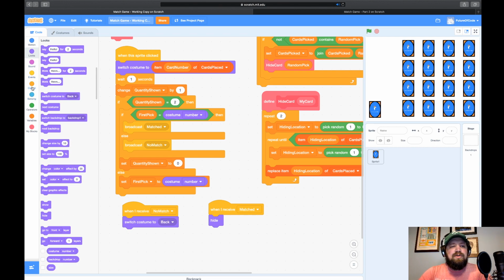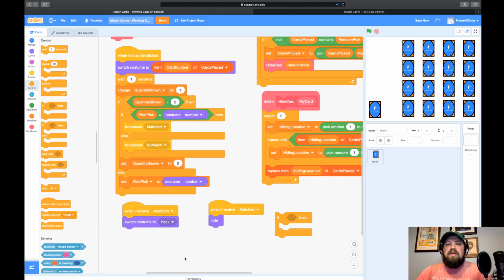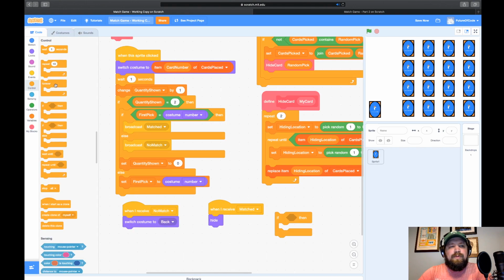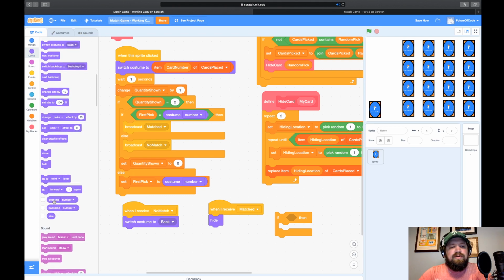So let's go to control and grab an if statement and drag this in and just put it off to the side right now. Now, what number is the back? This is what we need to figure out. How do we identify the back? We identify the back as being costume number 9. Okay, we can work with this. So let's go in looks and grab costume number. Now we want to check and see when it's costume number 9.